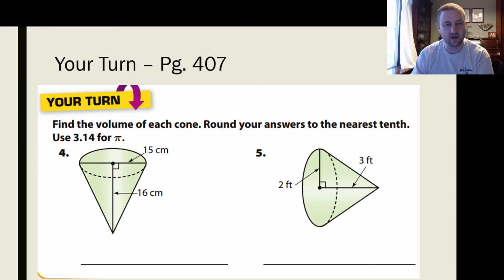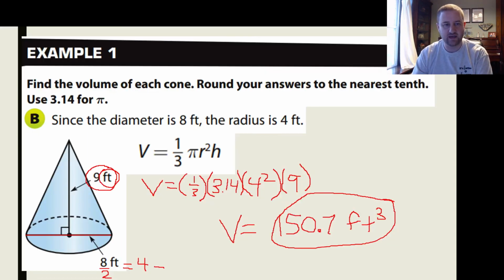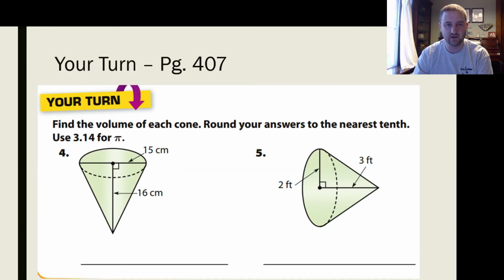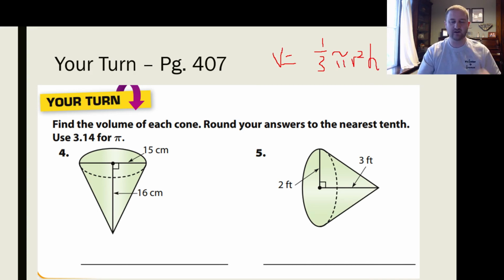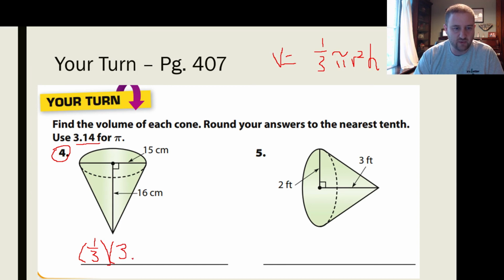All right, so what I'm going to do is just copy this formula over. So volume equals 1/3 pi r squared h. I like to have it handy there just so that we can remember it. Okay, now this first one, number 4, I'm going to plug in what we know. So 1/3, it does say use 3.14 for pi, so 1/3 times 3.14